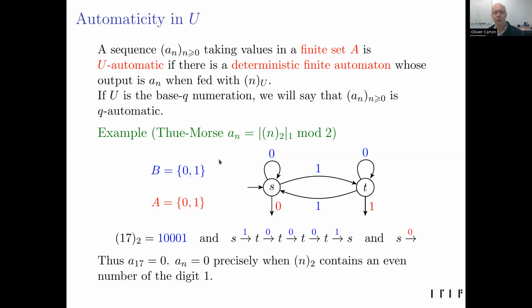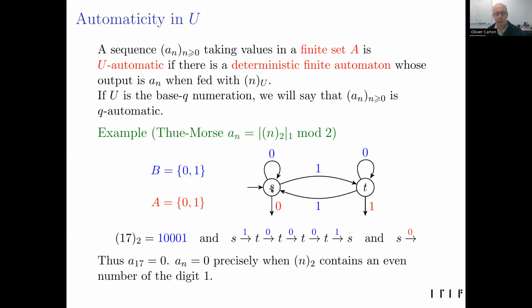So here we read binary sequences. The input alphabet is {0, 1}, and the output alphabet too. The values of n are always in red in my talk. And here this is the little arrow with 0 and 1 attached to S and T. So for instance, if n is 17, in binary it's 10001, and then starting from the initial state